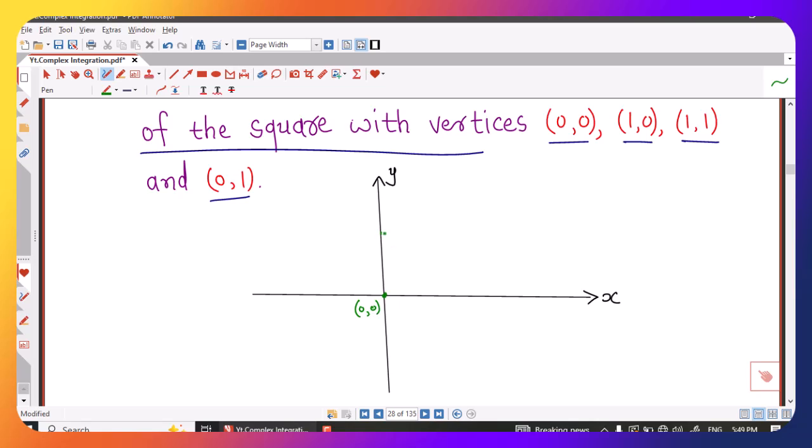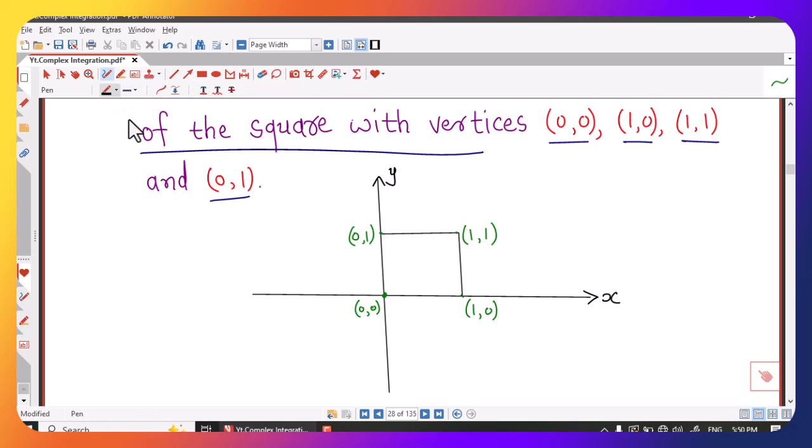Suppose this much distance is 1, then we have 0 1 here, and suppose this much distance is 1, then this point is 1 comma 0, and at this point we have x equal to 1 and y equal to 1. So we have this square with these vertices,